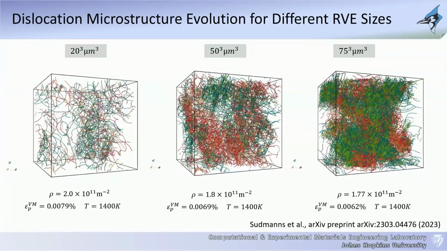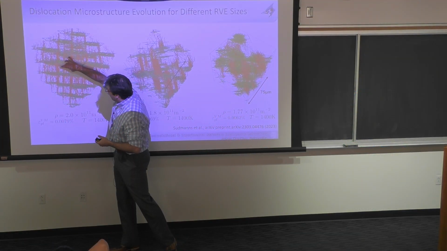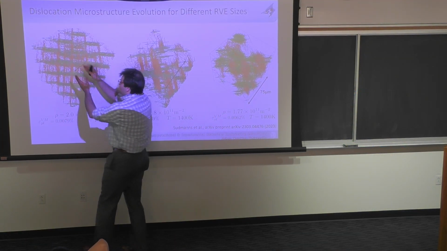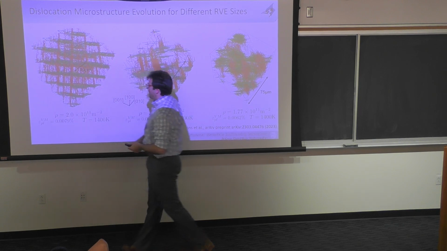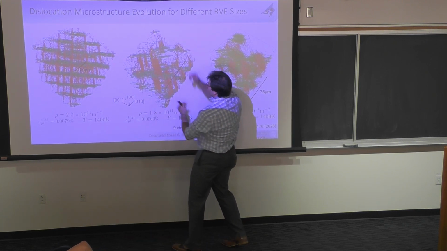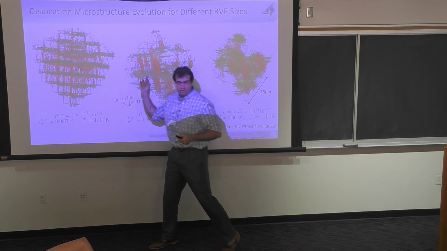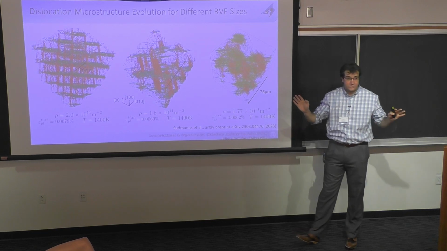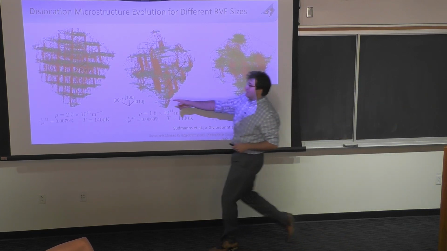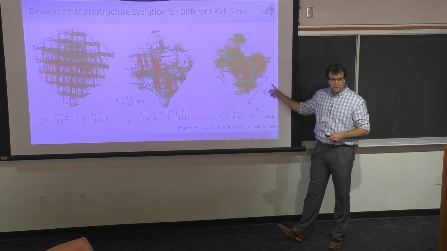The 75, again, is a lot more complex. You could do TEM analysis. Actually, before that, I'm showing you the periodic cell. The box here is the 20 micron cell, and I'm showing the periodicity in a 75 micron cell. Same thing for the 50. This is the 50 cell showing its periodicity, and then this is the 75, so you have a one-to-one representation. You can clearly see that this dislocation structure is completely different. It is well defined down here, and much more complex up here.